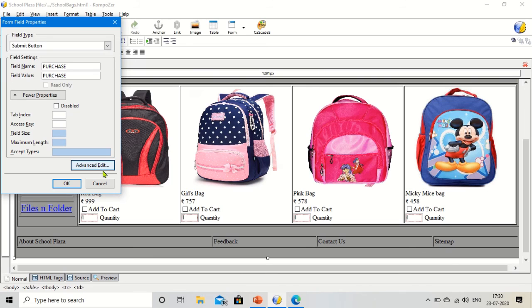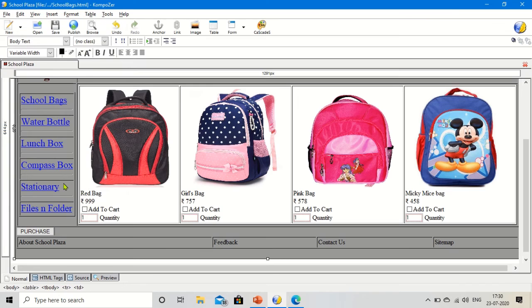Before that, it also checks if you have not selected any item, then it must show the message: the item has not been selected, please select the item. Okay, so that will be done in the coding part. But here we are going to just design this.